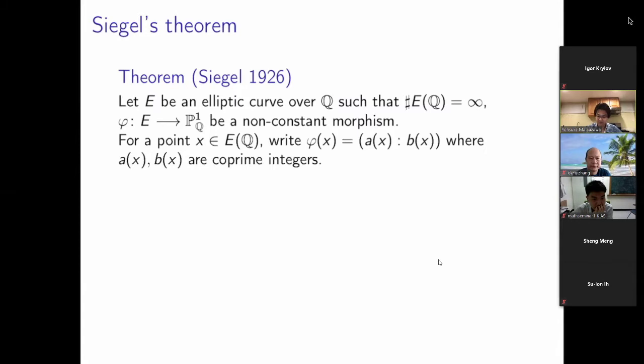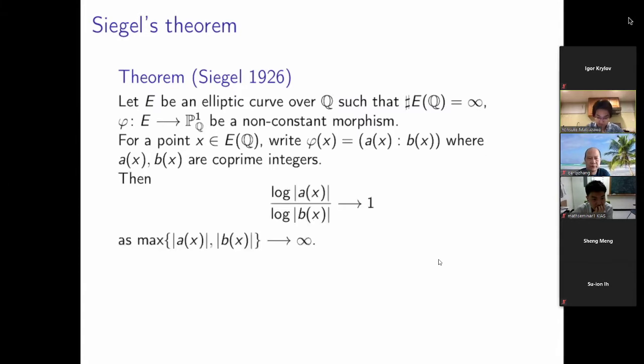So the theorem says that asymptotically the sizes of these coordinates are the same. Precisely, the ratio of the logs of the absolute values of the coordinates goes to 1 if we make the maximum of the absolute values of the coordinates go to infinity. So this theorem is a